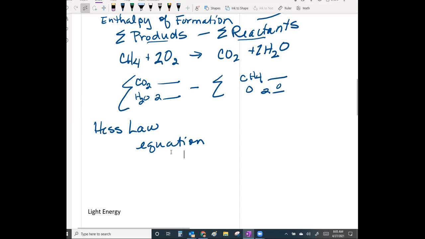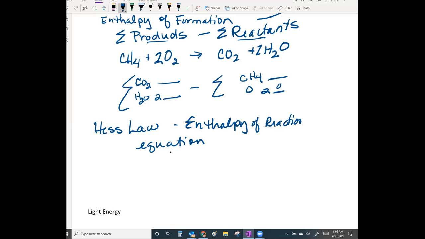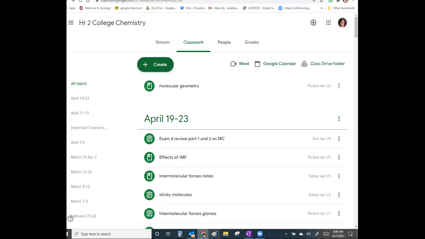So these are enthalpy of formation. You're going to use enthalpy of reaction, delta H reaction, because not all chemical reactions occur in one step. A lot of chemical reactions have several steps, but if you combine all the steps, they're going to add up to the whole thing. So that one, what we did for that,